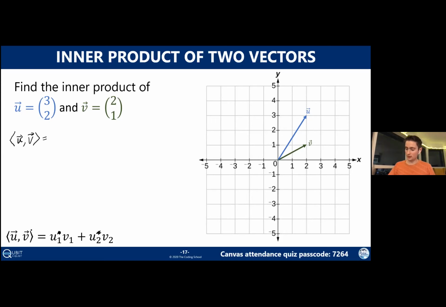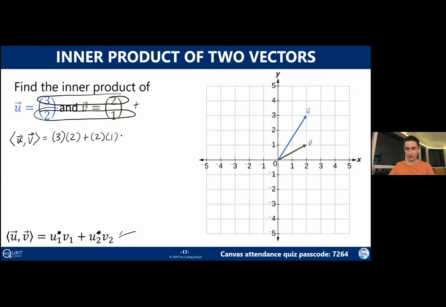So what is u1? u1 is just the first element of the vector u, so that's 3. v1 is the first element of the vector v, so that's 2. Then we add on u2 times v2. So that's looking at the second element of u, second element of v. Just like that. And so one way you can remember the inner product, it's essentially taking the product of all of the rows between your 2 vectors and then adding them up. Maybe that helps, but if you prefer, you can always just remember this formula.